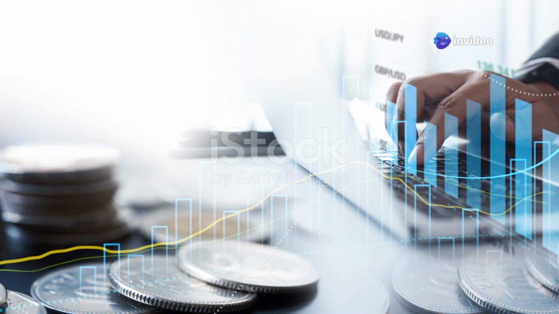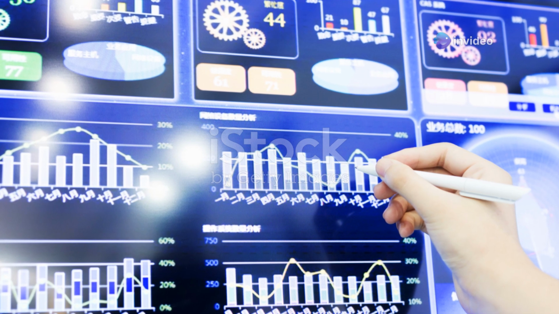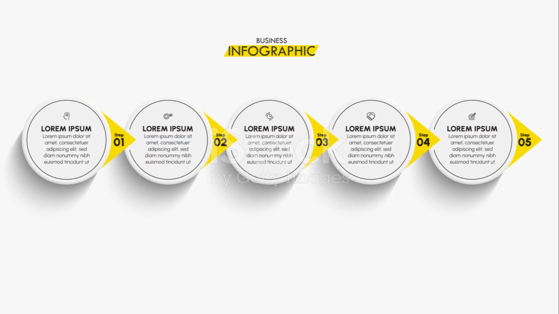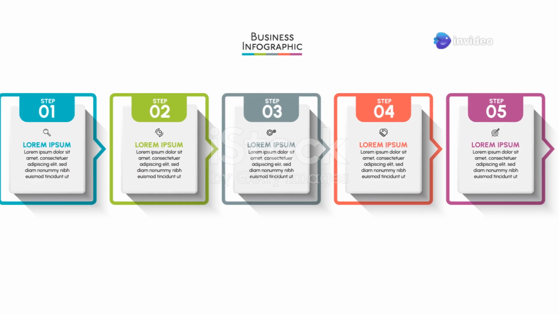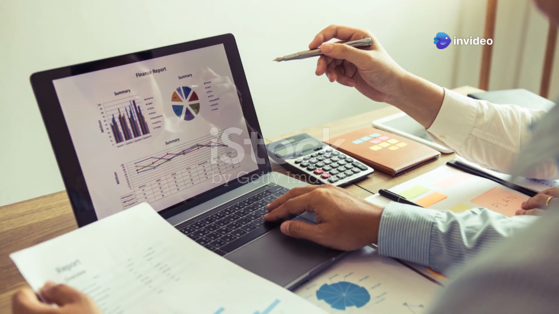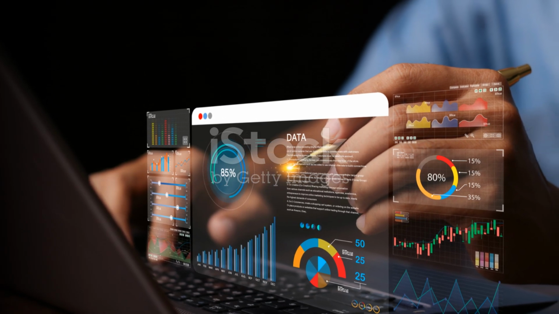Numbers don't lie, and advertisers are all about those metrics. Highlight your channel's reach, engagement rate, and any other data that demonstrates the value you bring to the table. Think of it like this. You're pitching your channel as prime real estate for advertisers to get their message in front of the right people. A well-crafted pitch that includes your audience insights and channel analytics can be incredibly persuasive.